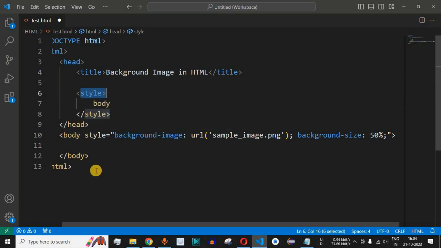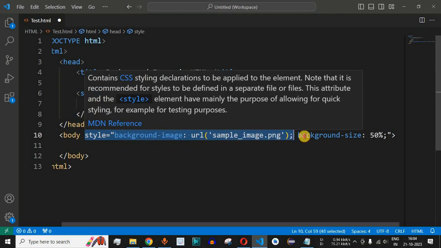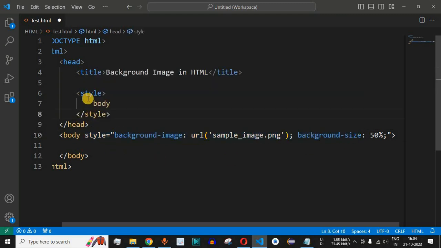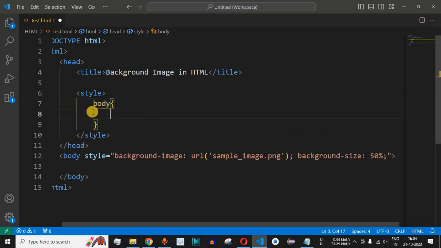Till now we have seen the inline CSS, wherein the attributes were defined inside the starting tags. But over here, when we define the style tag inside the head tag, we call it the internal CSS. So guys, over here we need to provide the tag to which we need to apply certain styling, and after that tag we need to have the attributes inside open and close curly braces. As you can see, we have provided body, that is the tag name, and then we are going to provide these attributes along with their values.